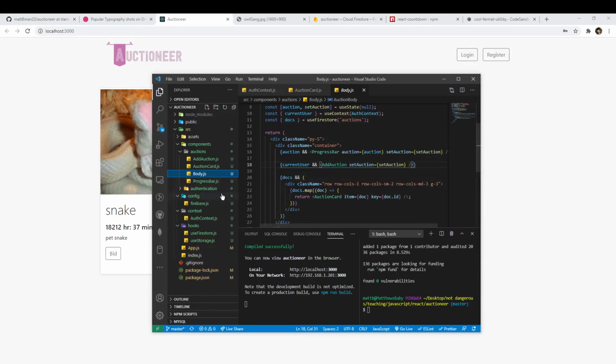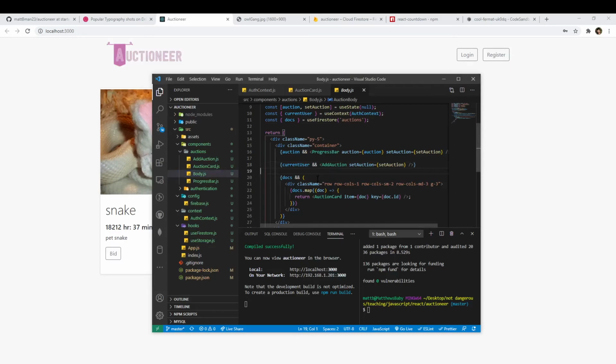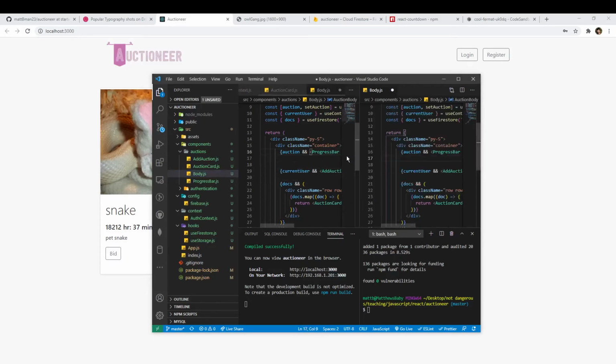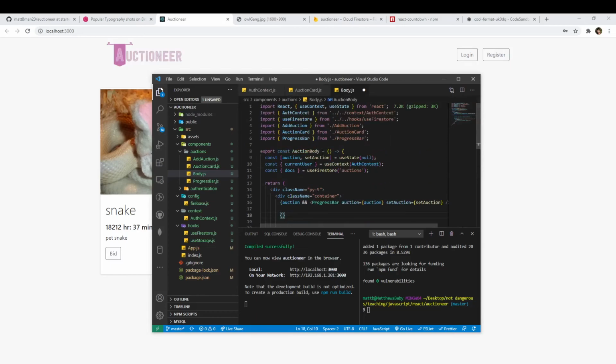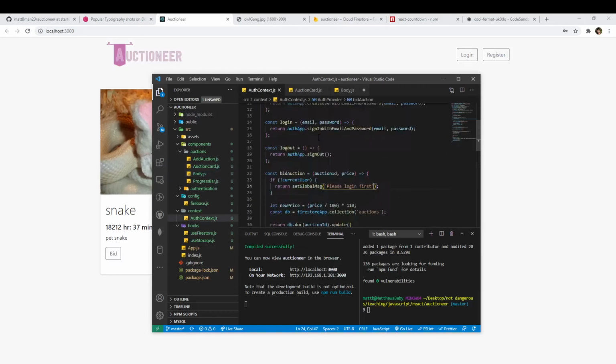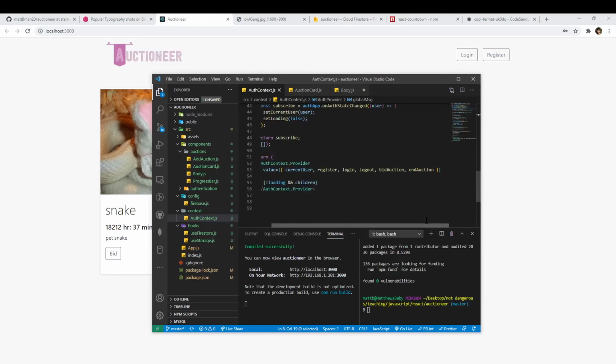Actually let's put it in body, and we can put it above. So let's do this. Yeah, I think body should be fine. And we need to use this. So it's called global MSG. Make sure it's the same,